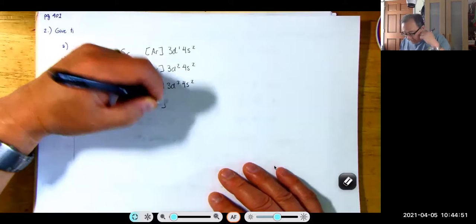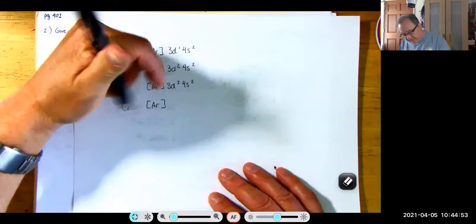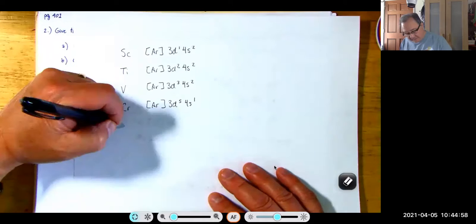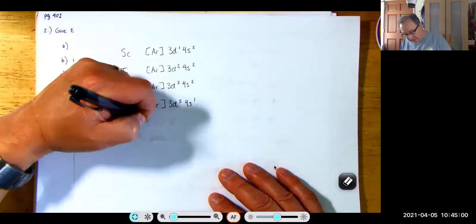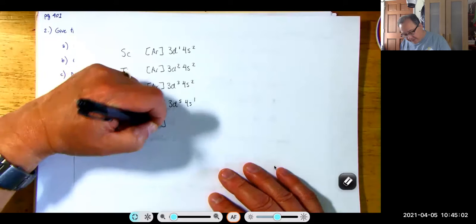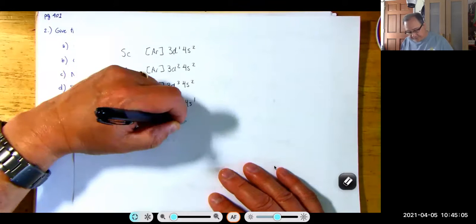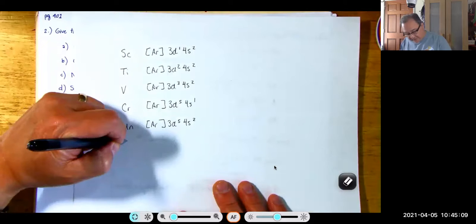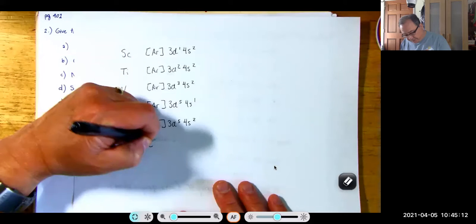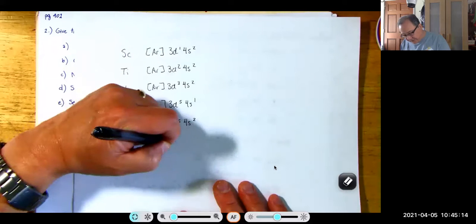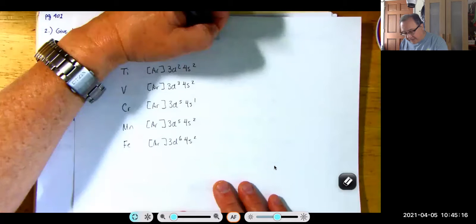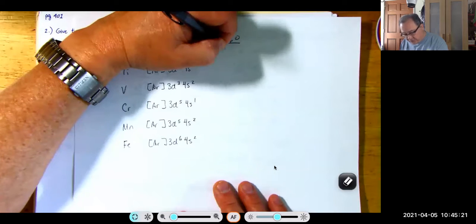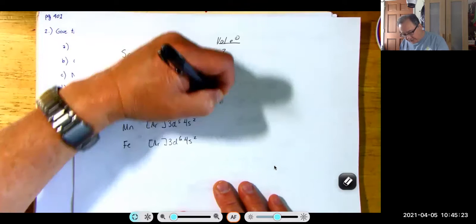The real electron configuration is 3d5 4s1. Manganese goes back to normal. It's argon 3d5 4s2. Iron is argon 3d6 4s2. So when we look at valence electrons, we've got 2, 2, 2, 1, 2, 2, and we could